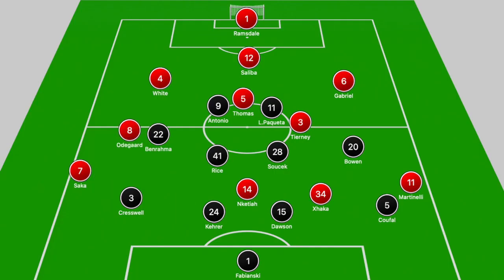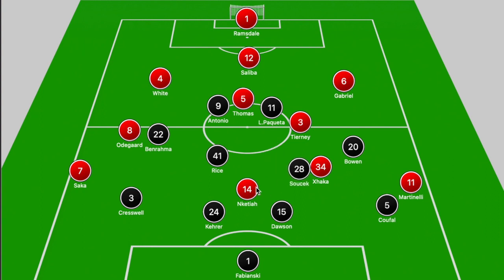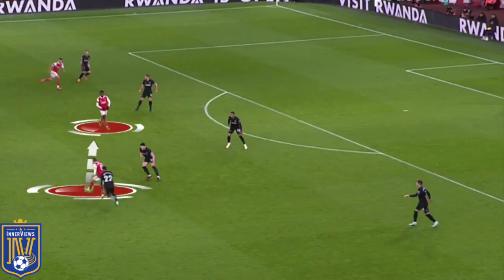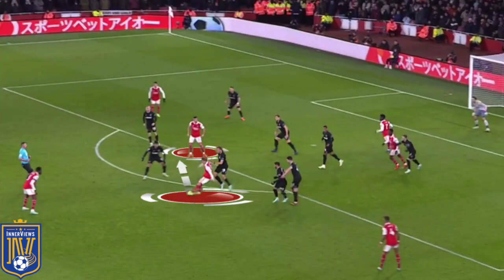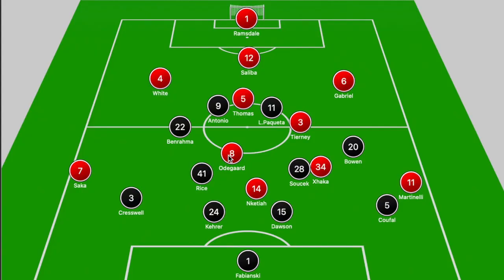to beat Fabianski. Ultimately, that was the benefit of having Odegaard dropping off into those zones to get on the ball. He would separate himself from Rice and Souček, as Souček was often forced near Xhaka, and then Rice was protecting the center of the pitch or dealing with the positioning of Nketiah. And from here, Odegaard would pick up the ball, have the freedom to run at Rice, and Rice was often free to show him centrally because he was comfortable in terms of blocking his effort or forcing him out into